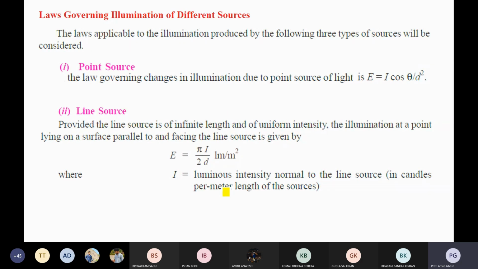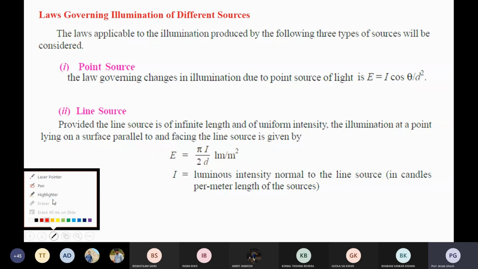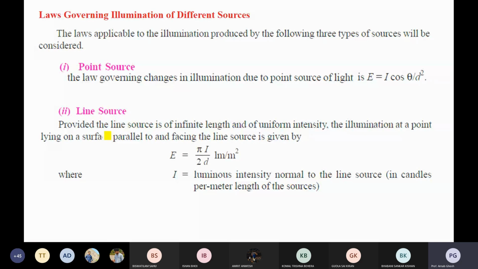Normally, if you think of your home, you are using different lighting: a fluorescent lamp, an LED lamp, and initially an incandescent lamp. On different occasions in your family, you may use a mercury lamp or a sodium vapor lamp. So as per your applications, you use different lamps, and different types of sources are there, so that is important.